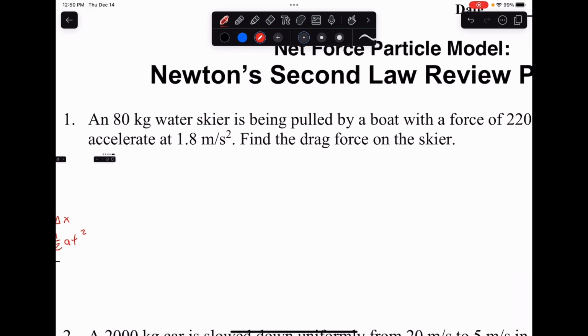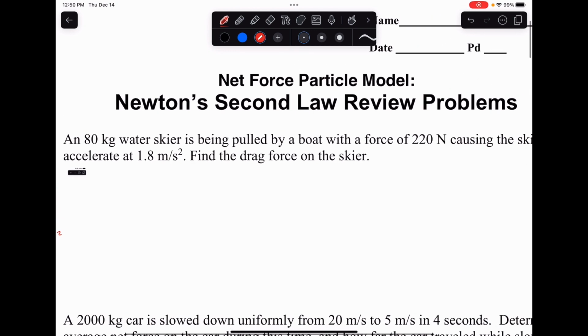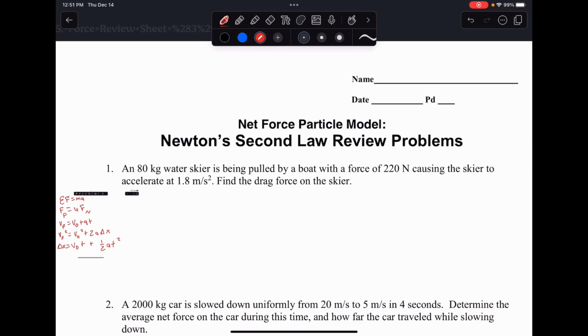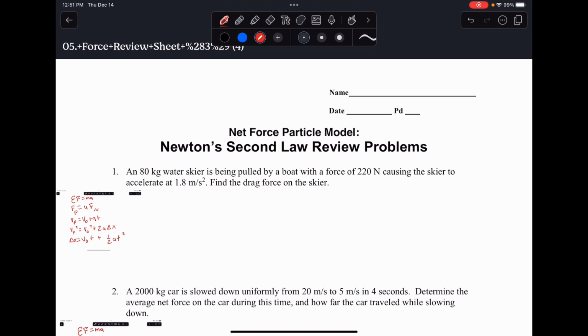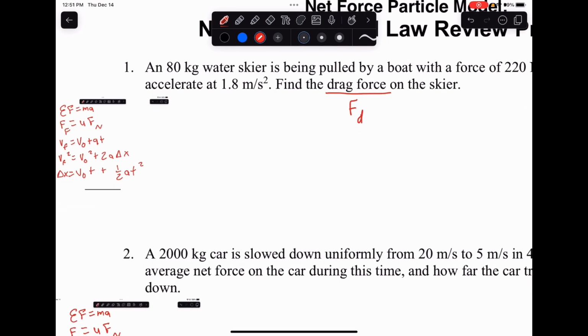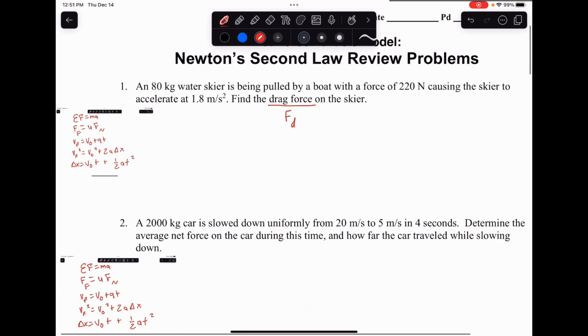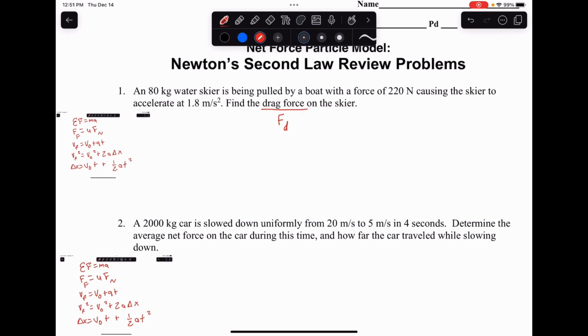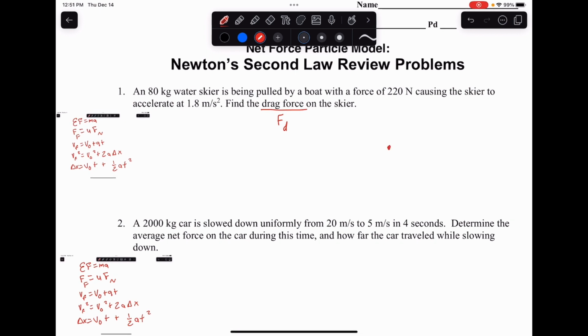An 80-kilogram skier is being pulled by a boat with a force of 220 newtons, causing the skier to accelerate at 1.8 meters per second squared. Find the drag force, so we're solving for force drag on the skier. So we don't have any angles here, so it's pretty safe to assume that it's going left and right. So if we made a force diagram, we got